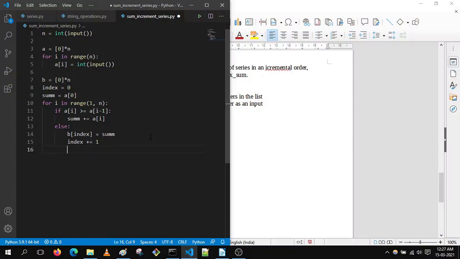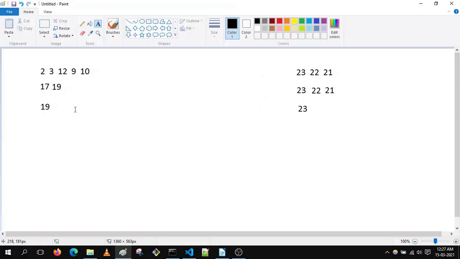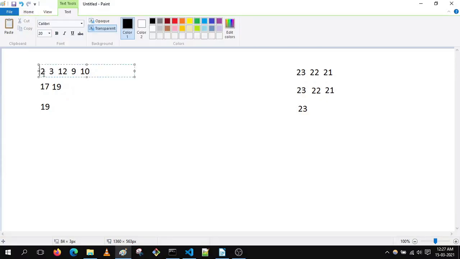After that we need to give a new value to the sum variable, because here we are having 17 as the sum.